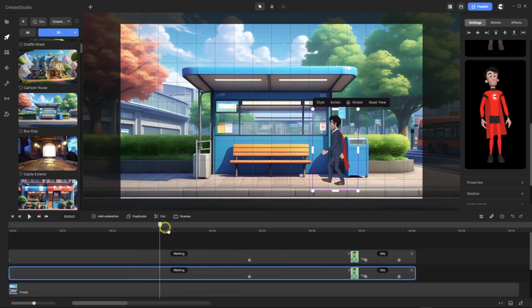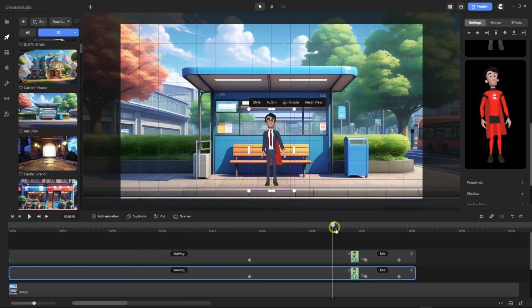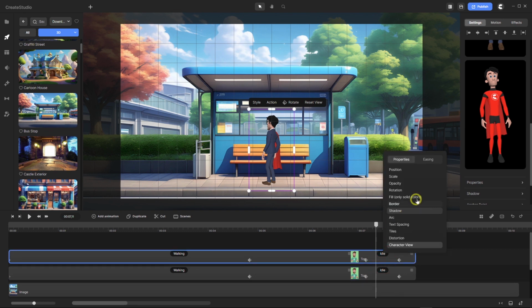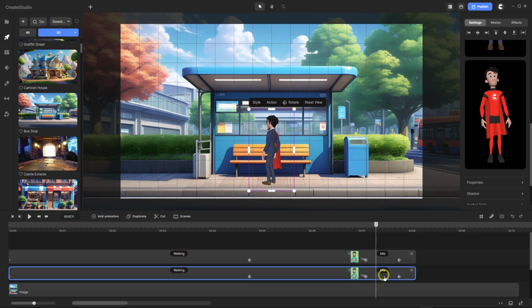So that we now have here both of them. And now it's very easy. You have to go here to the animation of both, and you go also here with opacity. Easing in out soft is okay. We go here, easing in out soft is okay, and here